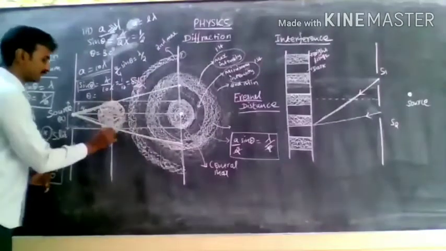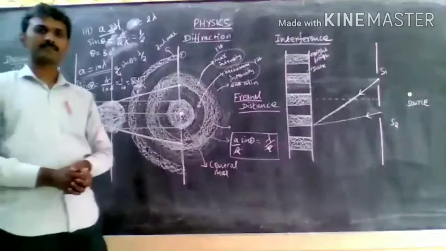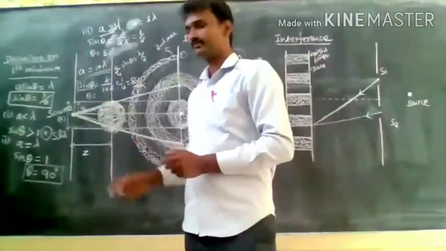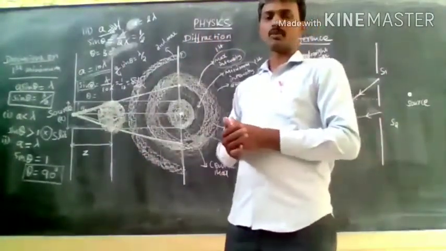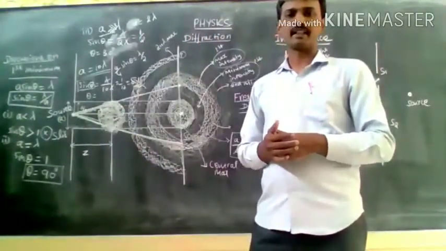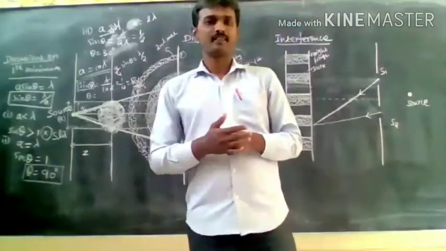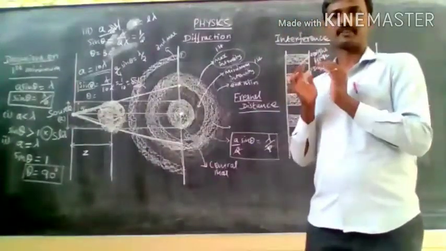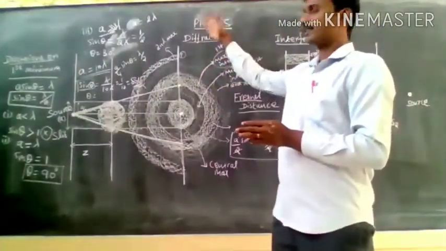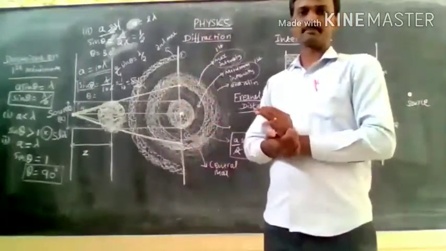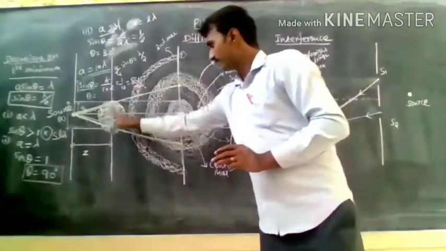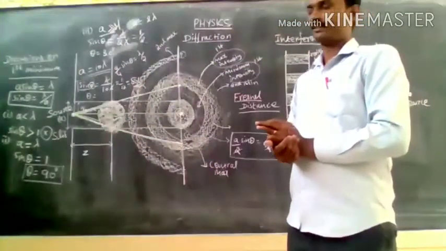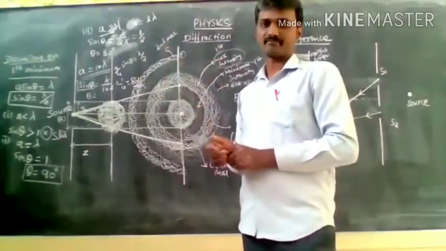So you know very well about diffraction. Diffraction means bending of a beam of light at sharp edges. You know very well about the direction of motion of the ray. It means the light rays always travel in a straight line. So this is the concept of ray optics. But these titles come under wave optics. At the edges, the light rays bend. This phenomenon is known as diffraction. So it violates ray optics.